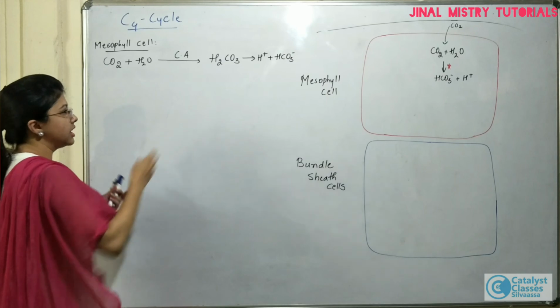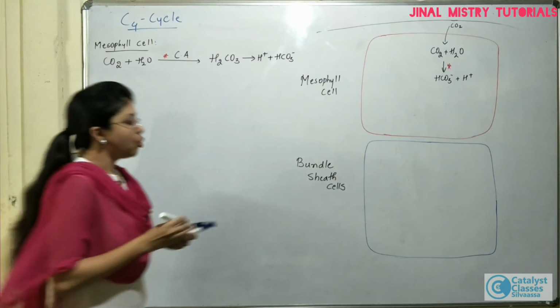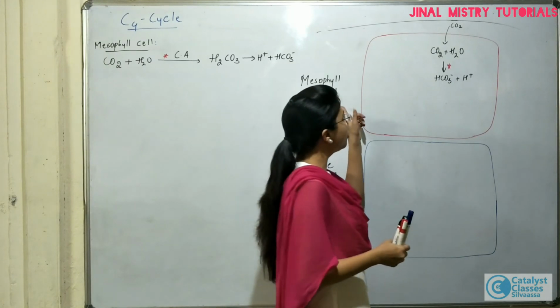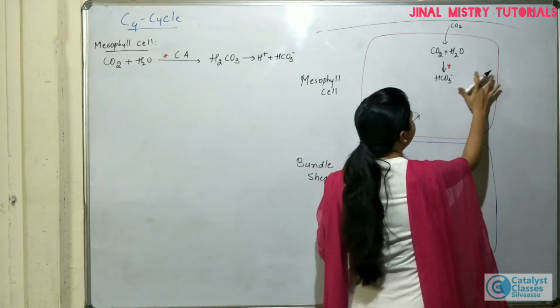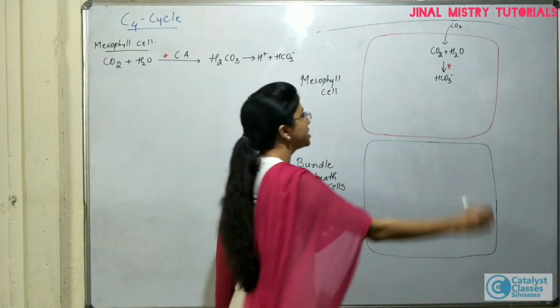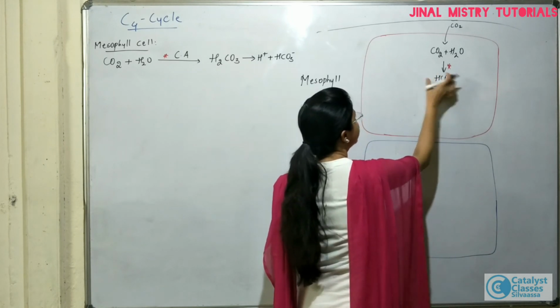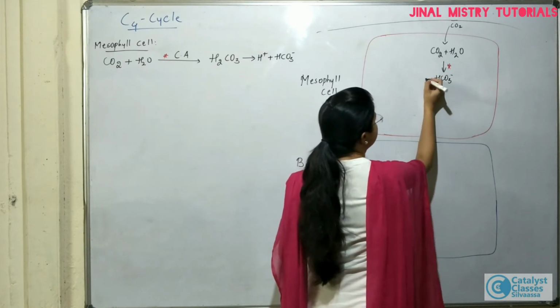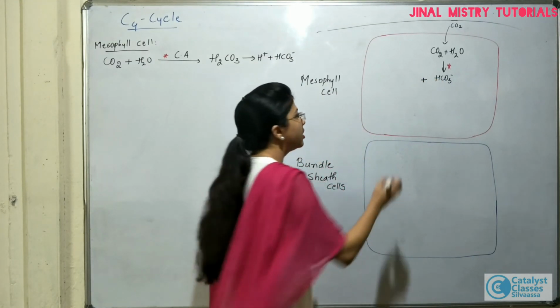This is the enzyme, the star sign shows it. So basically you can say that in the mesophyll cells, carbon dioxide is accepted in the form of bicarbonate, that is HCO3-. This form of carbon dioxide which is entering into the mesophyll cell is now going to react with